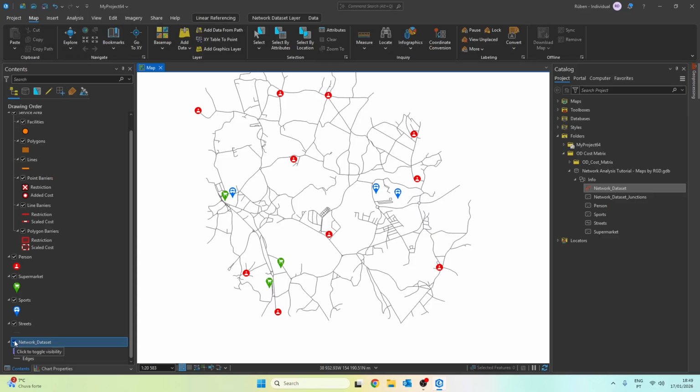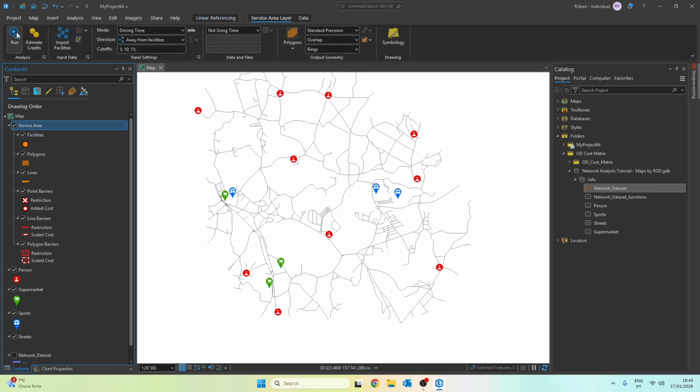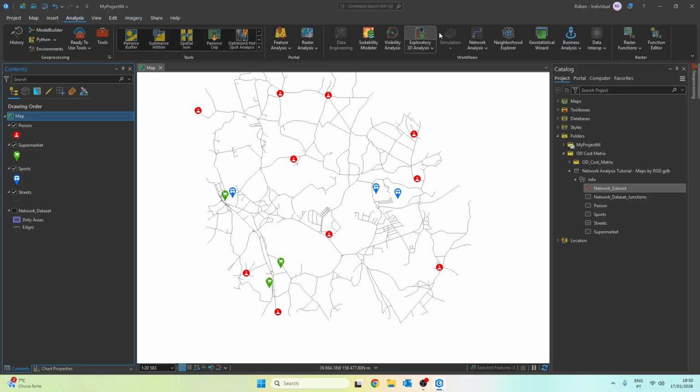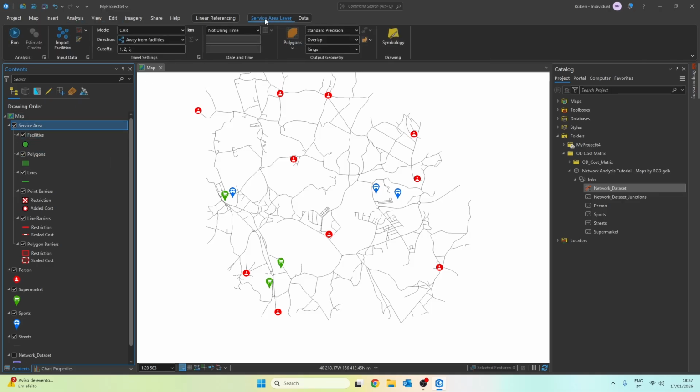With the network dataset imported, we can hide it by unchecking it here, and if we come up here after having the service area layer selected, we go up here. Okay, the software is still recognizing the previous network, so let's repeat the process by deleting the service area layer and opening it again so that we can associate it with our own network. Okay, we now have our service area layer here, just like before, but now, as we can see, the software is already associated with our own network.